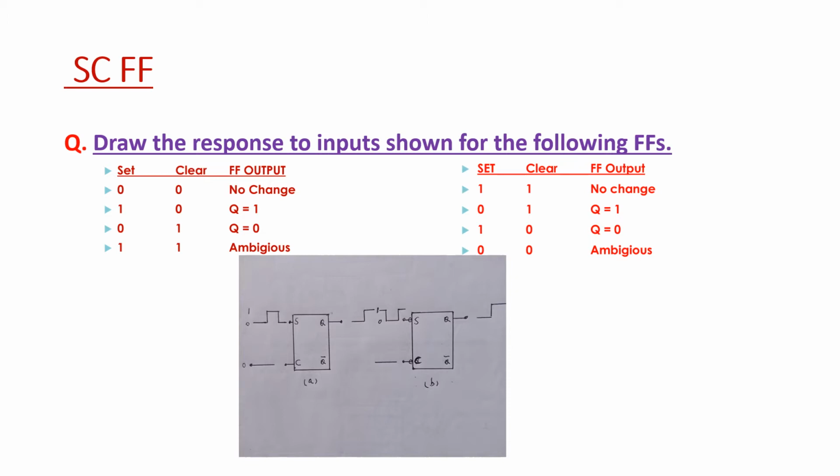Now if you see the two truth tables, they are given on the left and the right hand side. As far as the SR flip-flop in figure A based on the NOR gate is concerned, it activates on the positive pulse. That is, it is set on the positive pulse, which is applied on the S terminal. Similarly, figure B activates on the negative pulse because it is based on the NAND gate we have already studied.